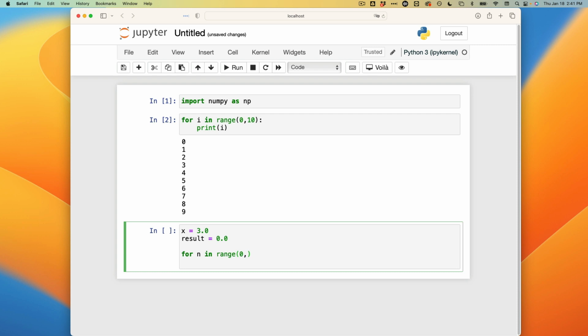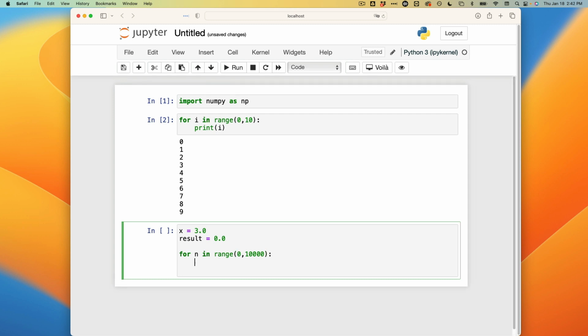Eventually, we're going to solve this problem with a while loop. But I want to show you the for loop and how the while loop is going to be more effective than this. So let's say, 10,000 terms. Okay? Right? For n going from 0 to 10,000 terms. Right? So then we're going to start by saying result is equal to result plus 1 over, I need the